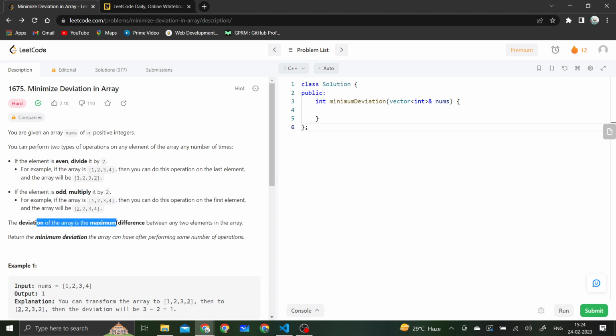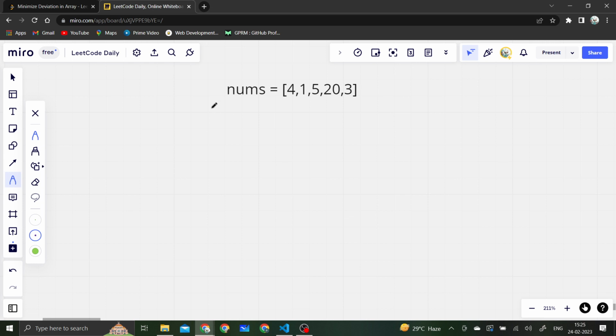The deviation of the array is the maximum difference between any two elements in the array. So what you have to do is return the minimum deviation that you can have after performing some number of operations. So let's understand what the question is. Here you are given this array. There are two kinds of operations that you can do, right? The first operation is